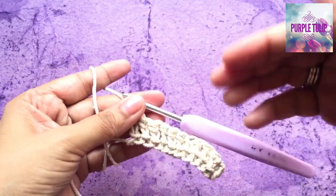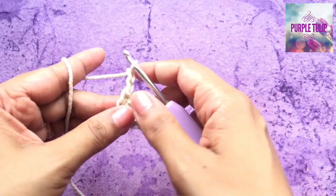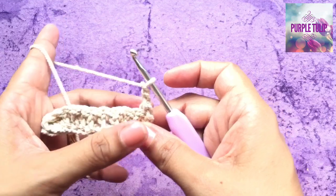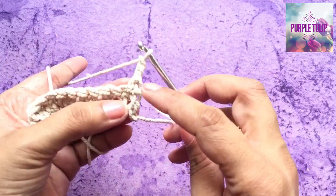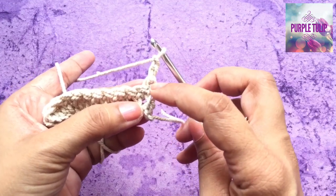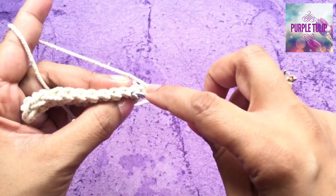And now to continue on to the second row, we'll do chain 2. We'll turn our work around. And now we will be working on the second stitch over here, because the chain 2 here is already working on our first chain. So we'll do yarn over, insert a hook into the